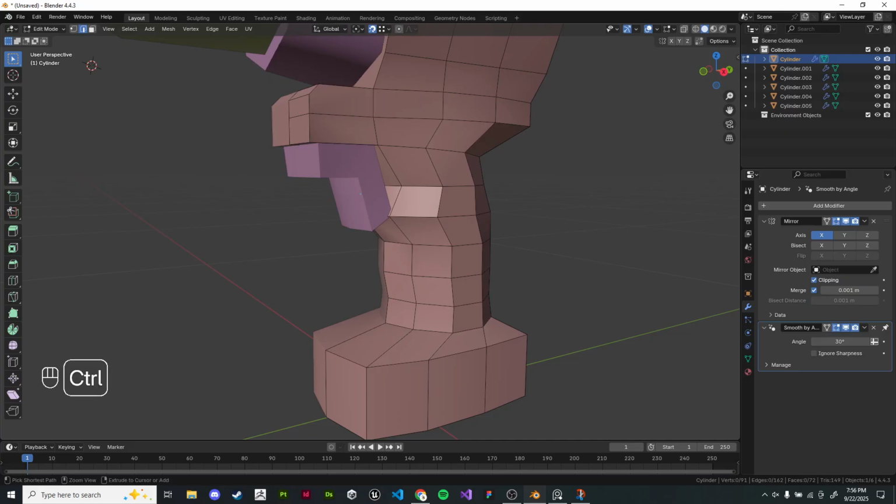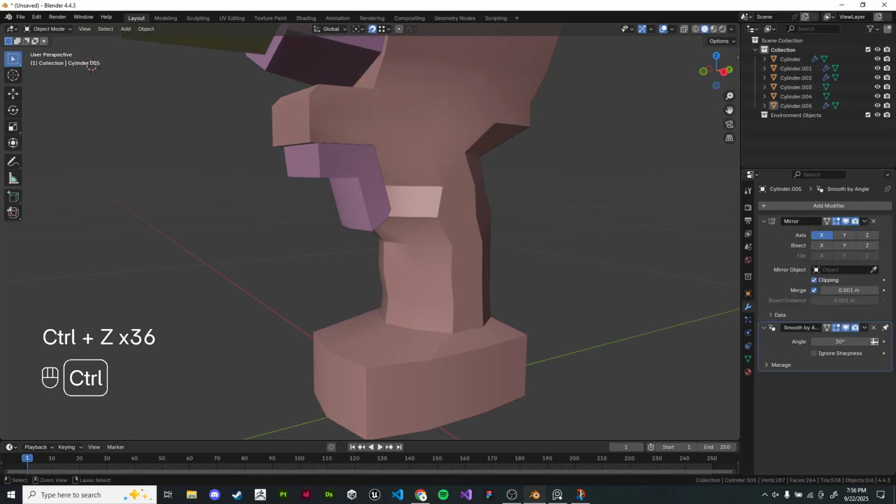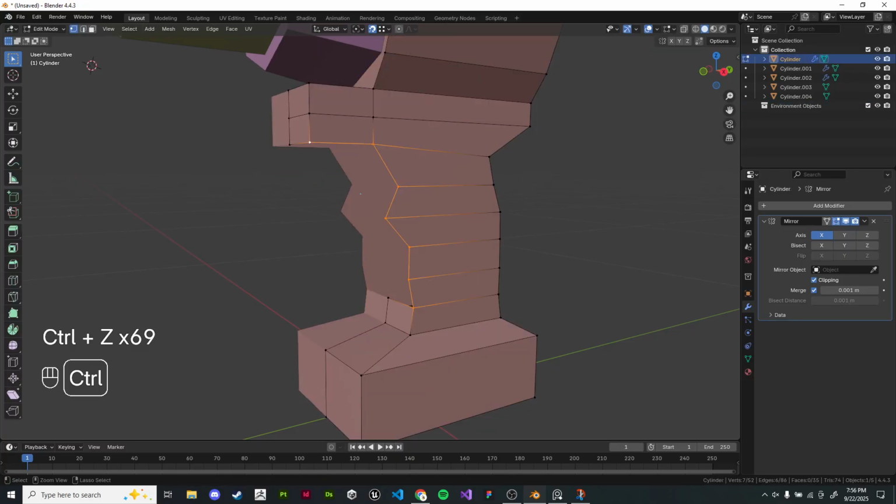You sort of just have to imagine every piece is a new extrusion. So if I go all the way back here,